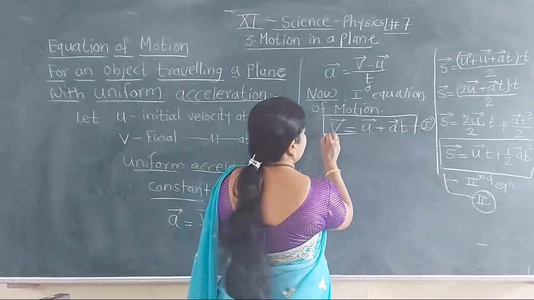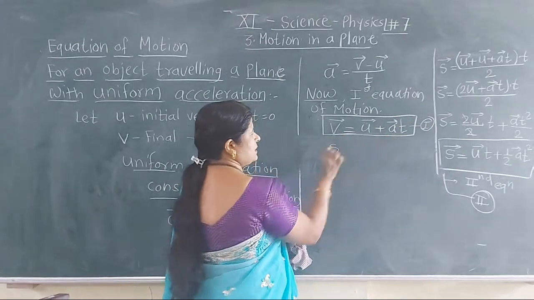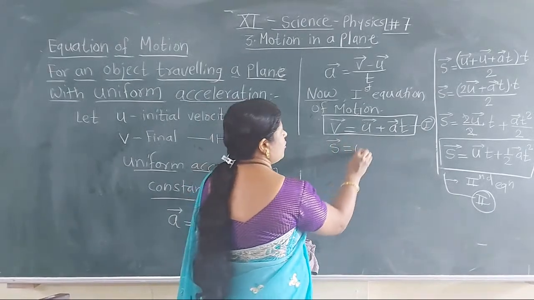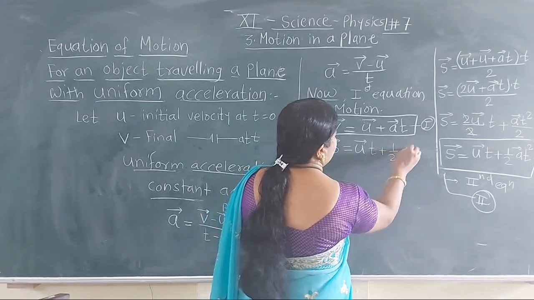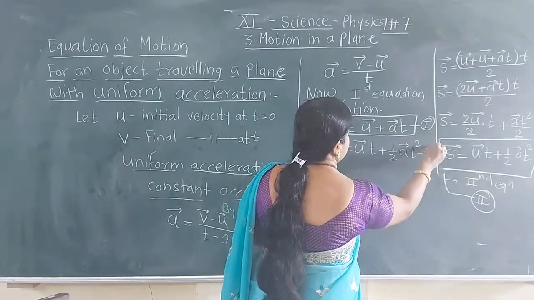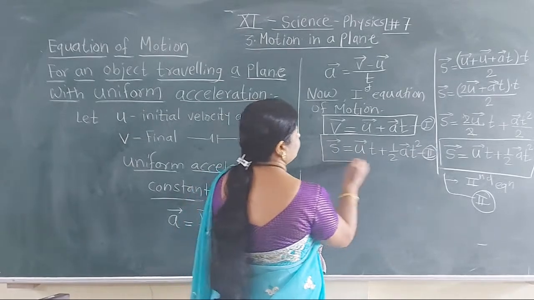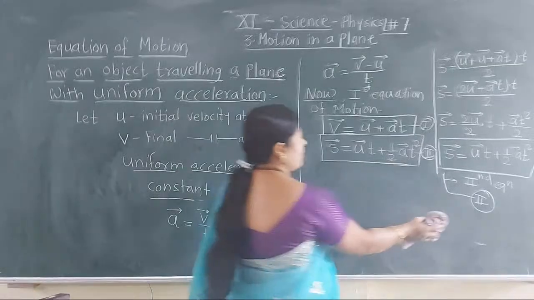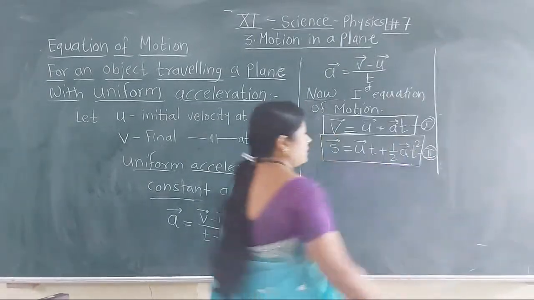So this is equation number 1: vector v is equal to vector u plus vector a t, and vector s is equal to vector u into t plus 1/2 vector a into t square. This is the second equation. Now, these two equations can be resolved